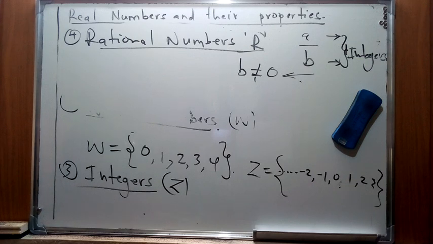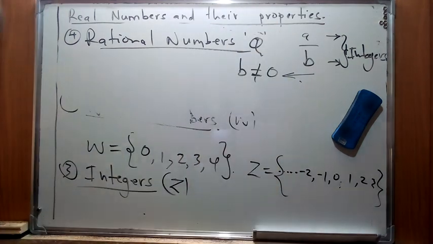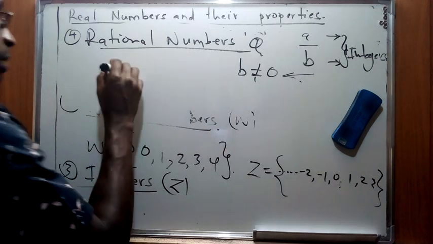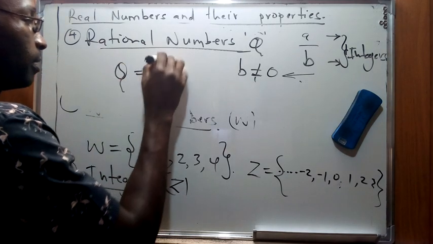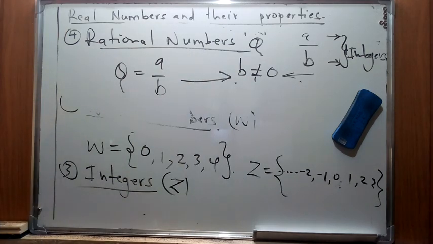So these rational numbers are given as Q, not R. In case we come across rational numbers given as Q, we can express Q as A over B, and of course emphasize that condition that B is not equal to 0. So in any case, if you talk about this rational